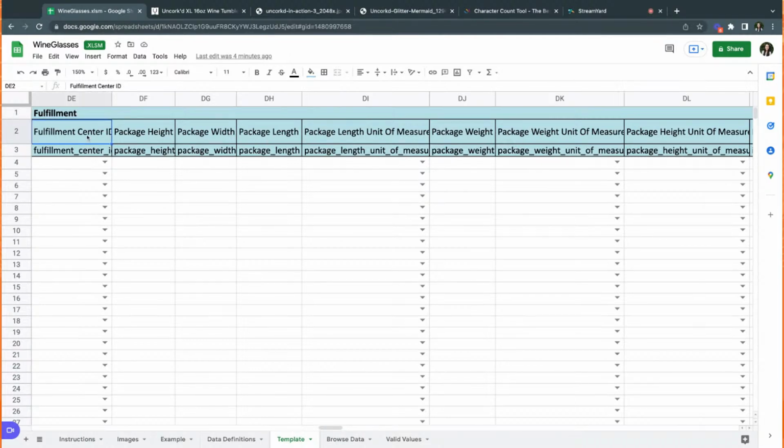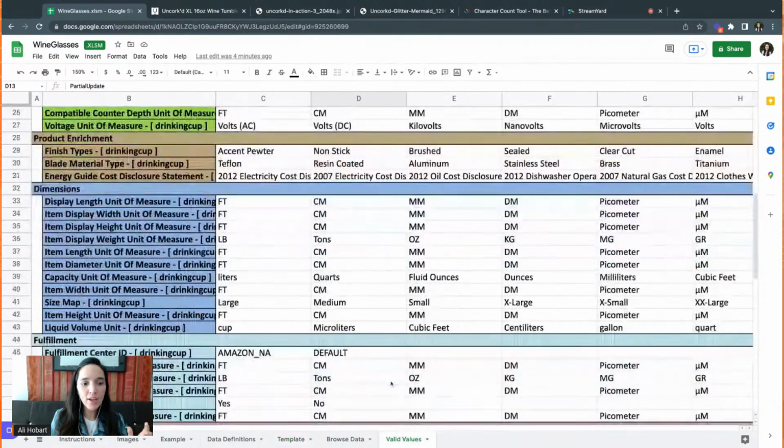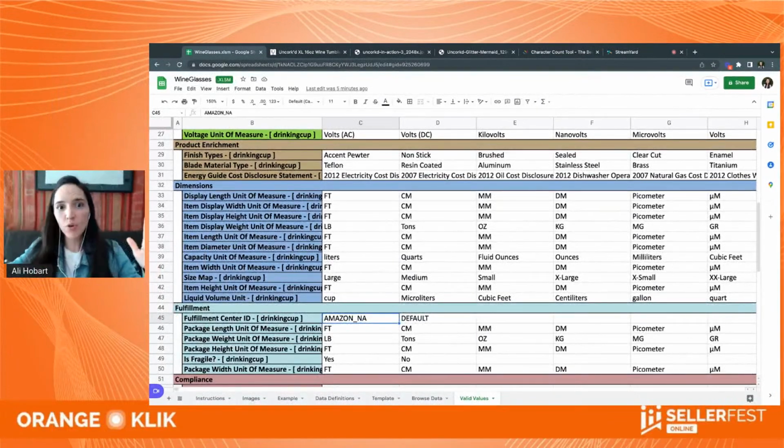But now going back here to fulfillment center, if that item that you're adding or editing is fulfilled by Amazon, then be sure to select the correct fulfillment center. Right here, there's only going to be one option because if you remember step number 2, I believe we only chose one marketplace. But if it was multiple marketplaces, you would see several columns and you just have to add the correct fulfillment center for each column if that item was to be sold in all of the different marketplaces.